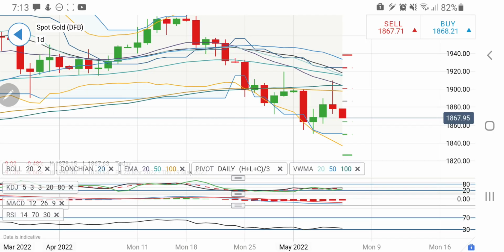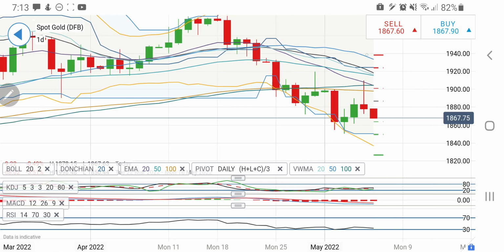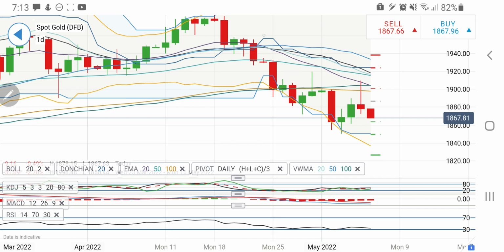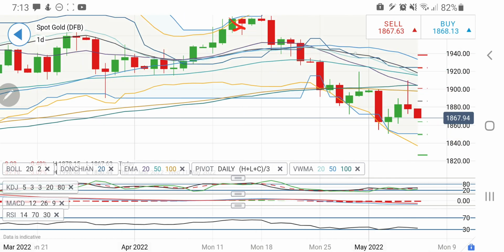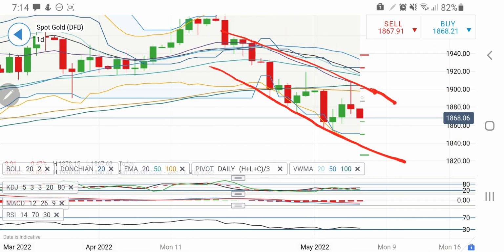See, gold below 1880 is, as I said, a very crucial resistance zone for any upward movement and very good support for any downward movement. Now today again it is showing a reversal. It is trading in this channel. The highs have been done and now again it is reversing. So till the time it trades below 1880, my target for the day is going to be